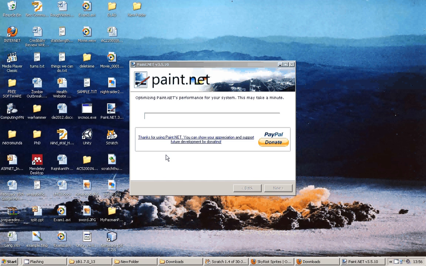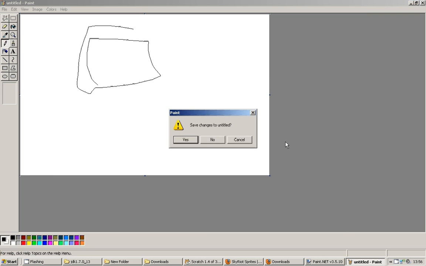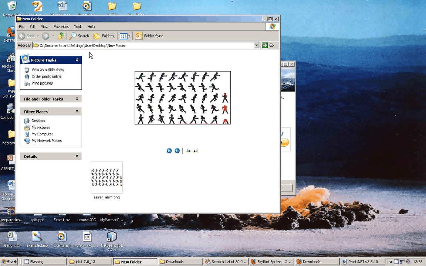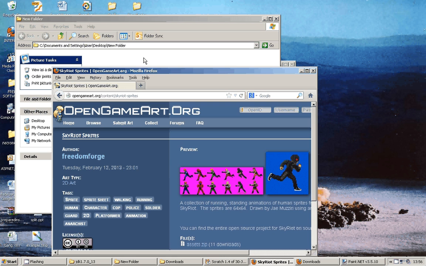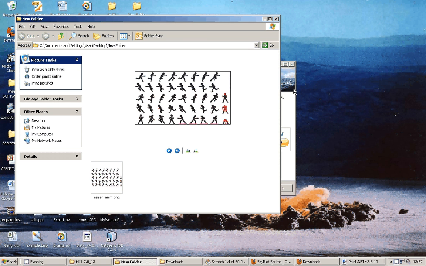This is Microsoft Paint. It comes on all Windows machines, and it's basically terrible. So we're not going to install that. Well, it's already installed, but we don't need to use that. We've also got, I found this nice graphic here of a little running man, and that came from OpenGameArt.org and from a chap called Freedom Forge. So if you love his work, well, basically I'm giving him credit there because that's one of the requirements for